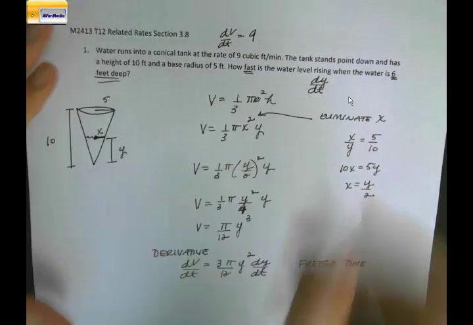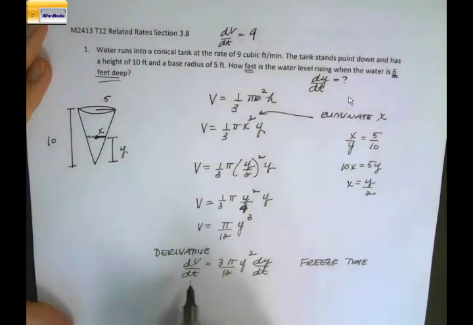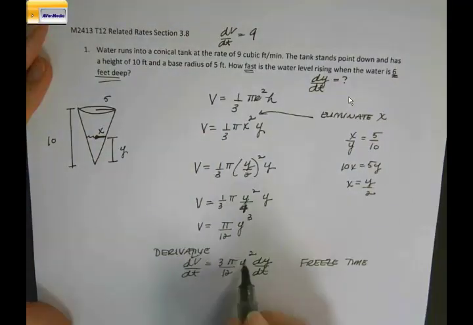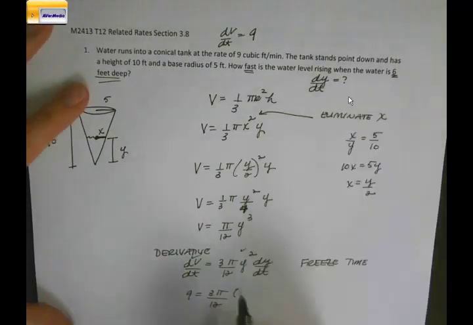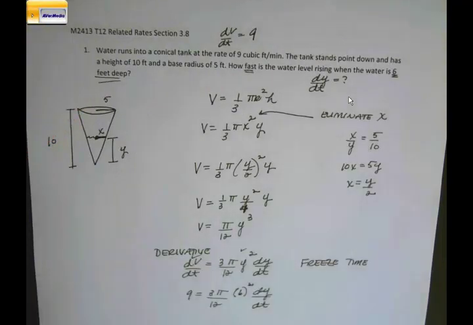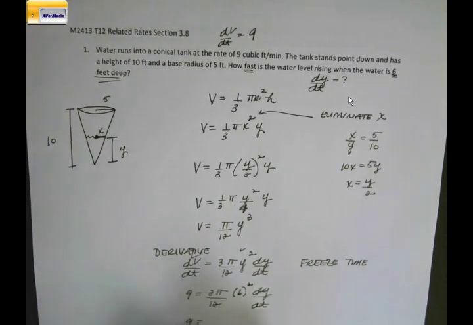You understand what's going on here? This was the question. We have this value. Yep, we're good here. The y is 6. We're good here, and the only thing left is dy/dt. So dV/dt is 9. y is frozen at 6 feet high, is when we're stopping the process at 6 feet high, kind of taking a snapshot of everything in motion. And now just clean this up. So this is what? 36 times 3. I don't do this well. 36 times 3. Is that 9 pi? Yeah, that's 9 pi